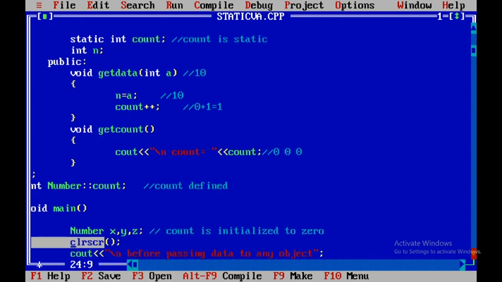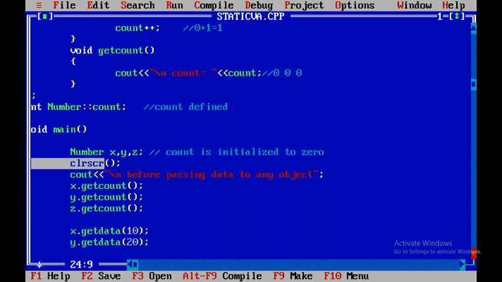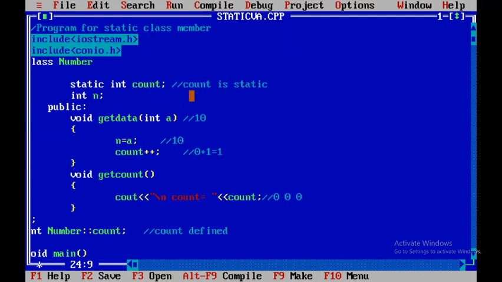After this we are using the y object: y.getData(20). We are calling getData for object y and passing the value 20. Again it will execute the getData method, but now for object y.